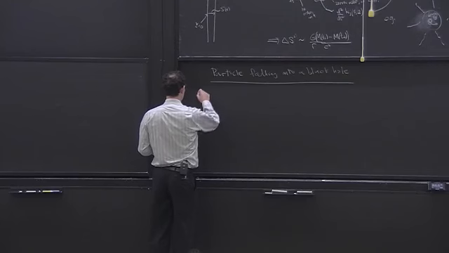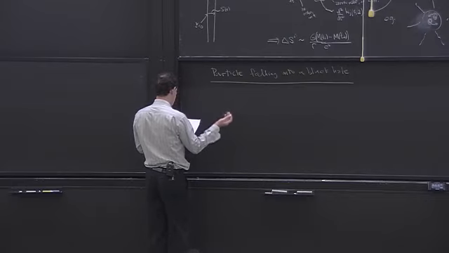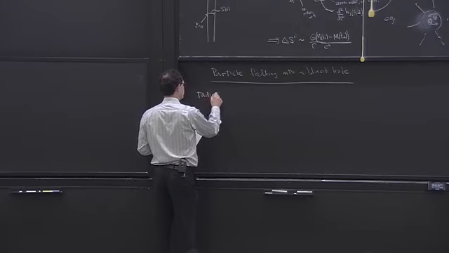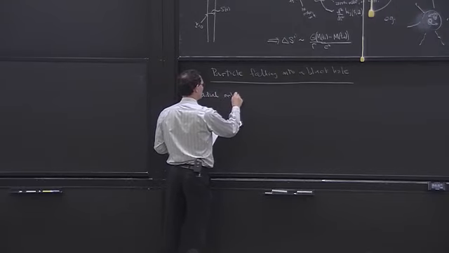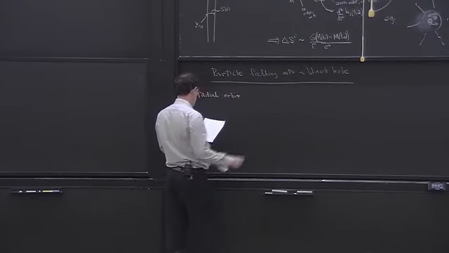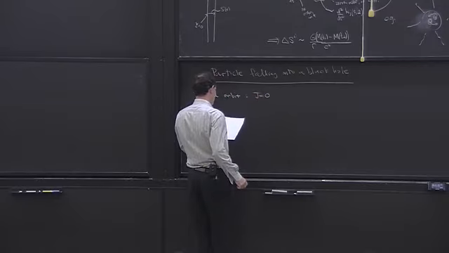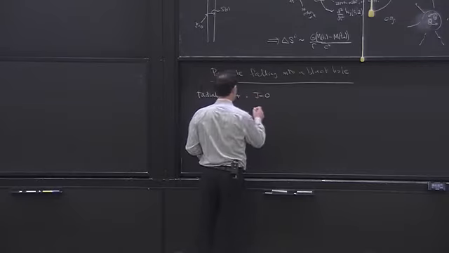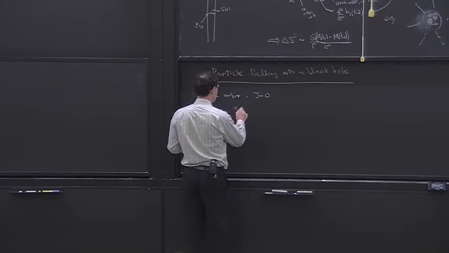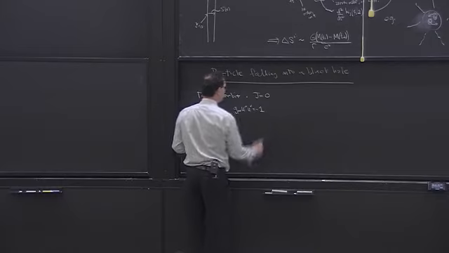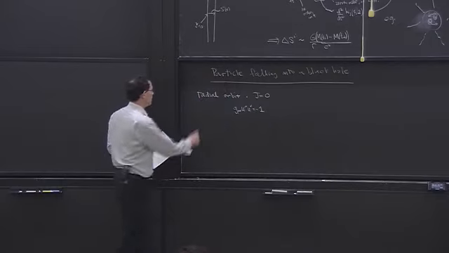For a radial orbit, J equals 0, no angular momentum, and the statement that g_mu nu U^mu U^nu equals -1, since it's a massive particle,